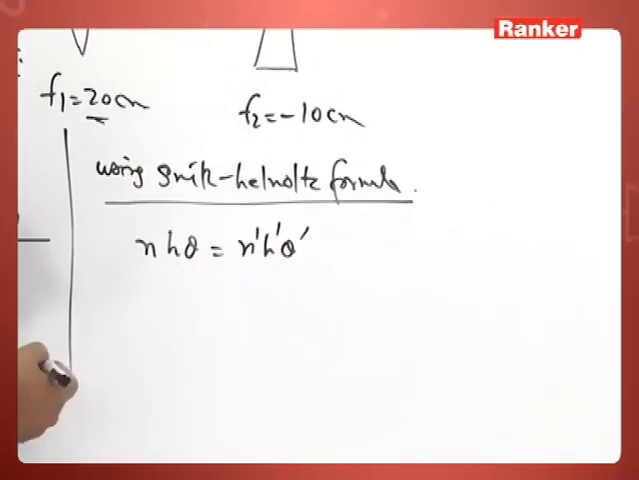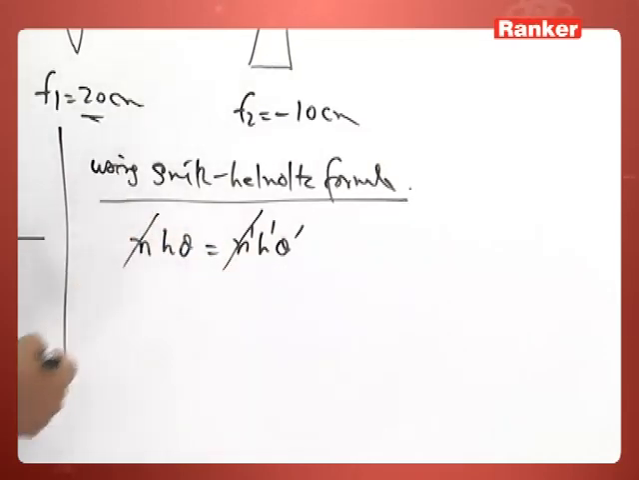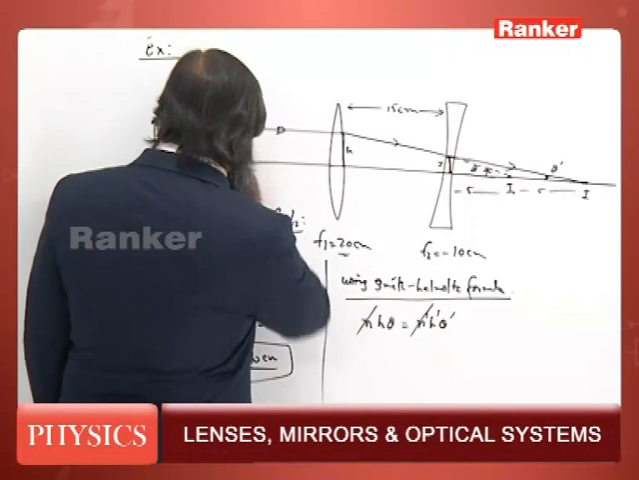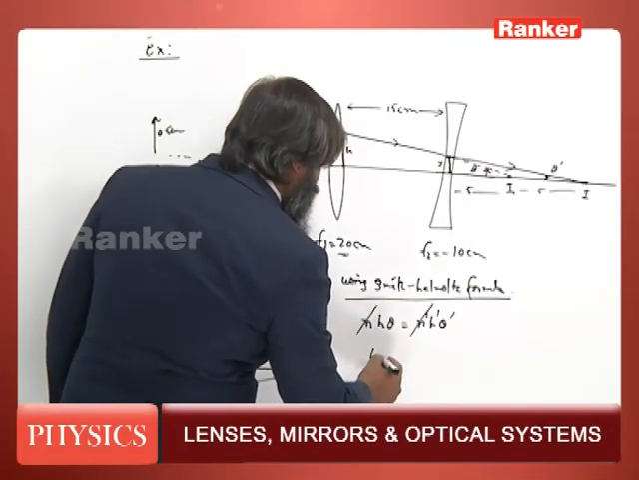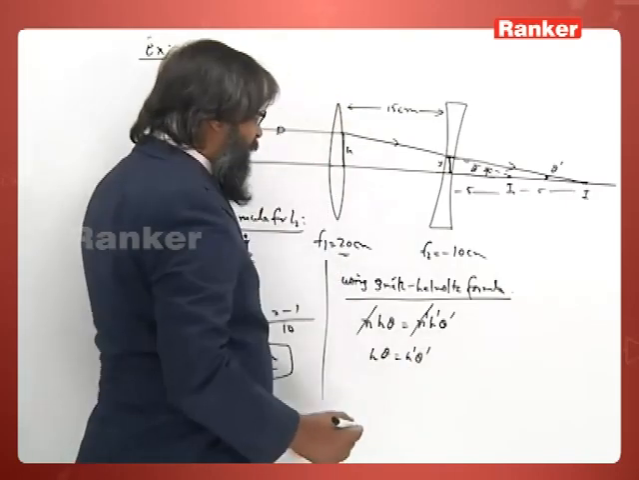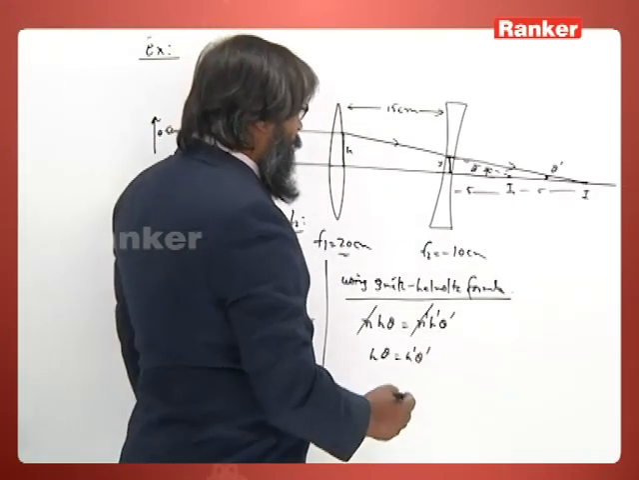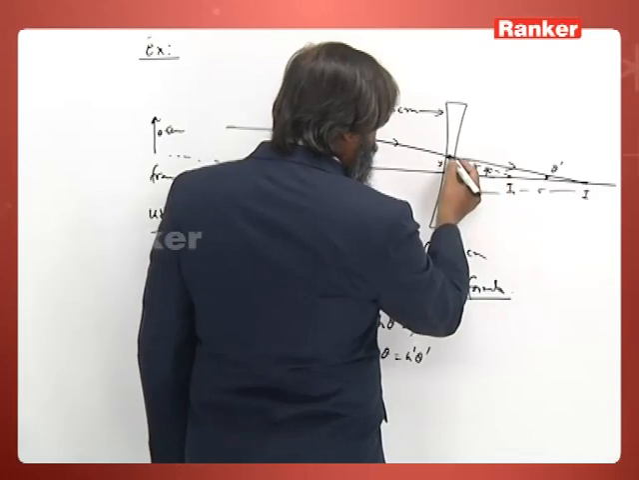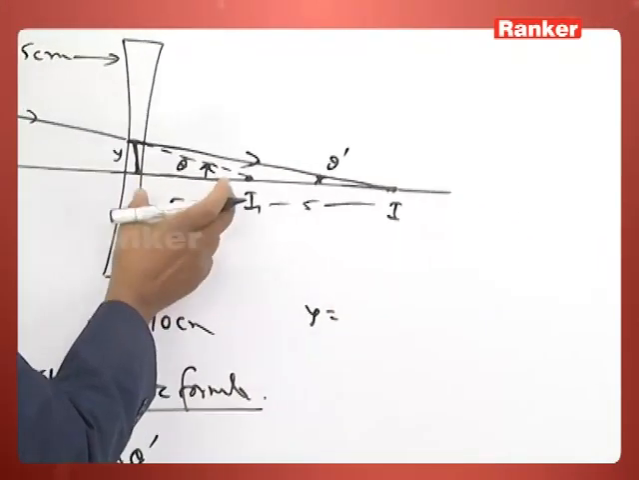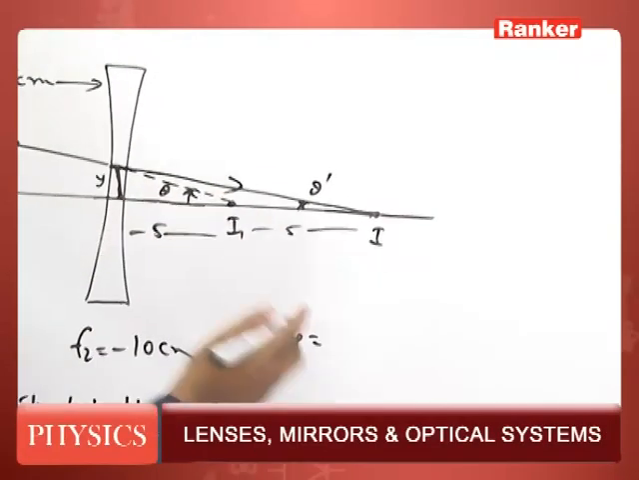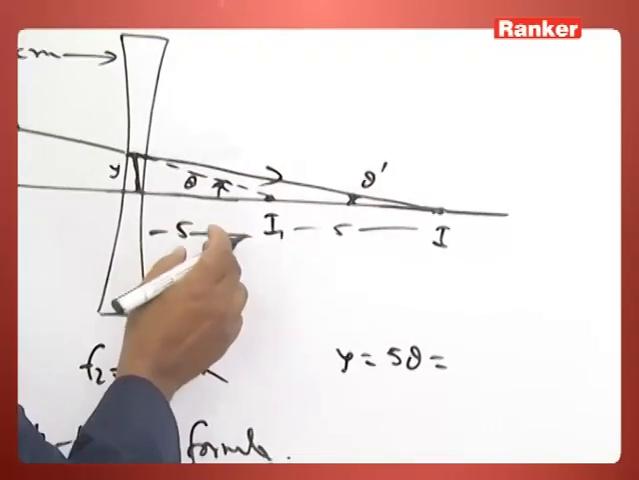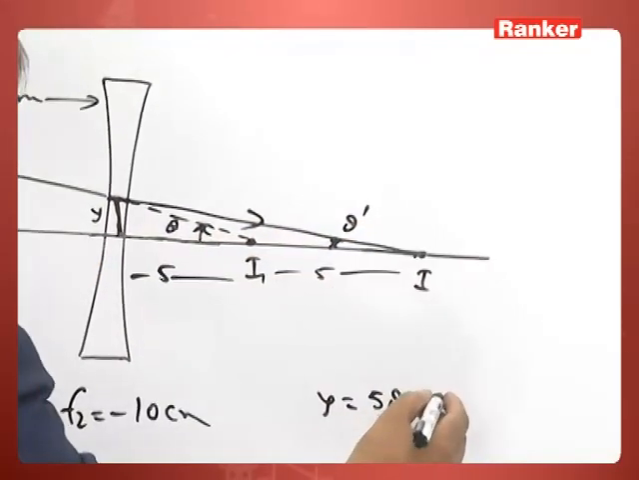Since n and n dash are the same, this will cancel out everywhere. Refractive index is 1. H is 0.5, let it be h. So h theta is equal to h dash theta dash. Now let us relate theta and theta dash. So you see this triangle, this y is equal to r theta, that is 5 into theta, that is equal to, from this 5 plus 5, 10 into theta dash,